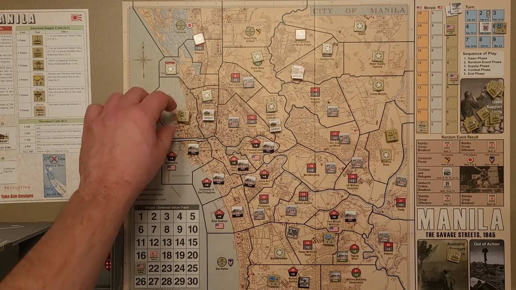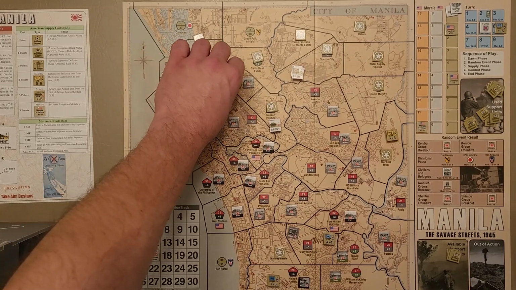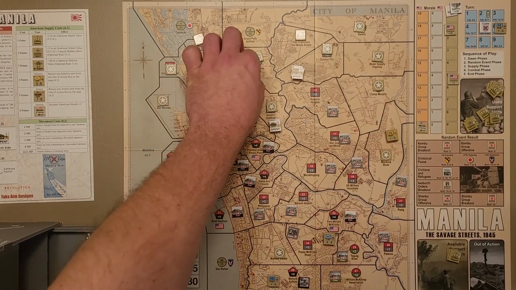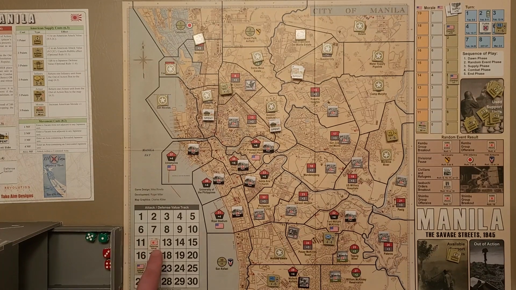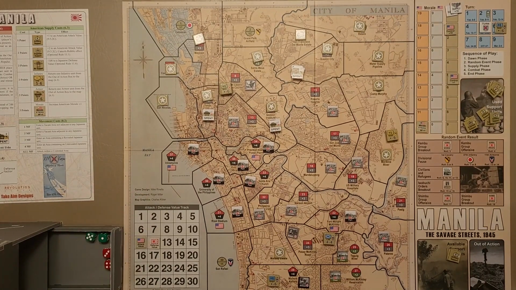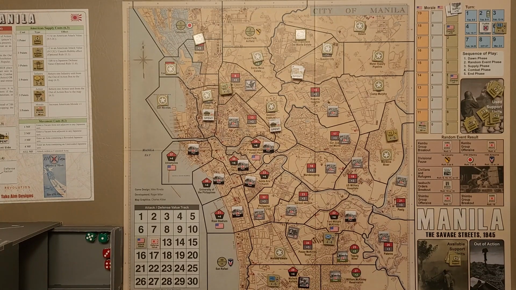And now what we'll do here is we're going to move these guys here for 2 and then here to the San Lazaro race course. Flip this over. Another Fanatic and a 9. So this is going to be a tough cookie. So that's a 12 and we have a 10 to start. We get 1 for morale to make it 11. Then we have 3 artillery left. And with the Fanatic, they get to...